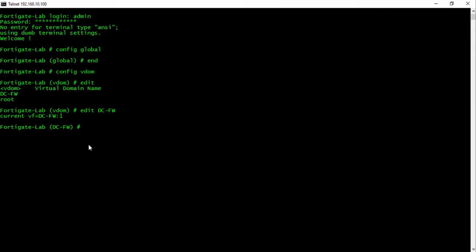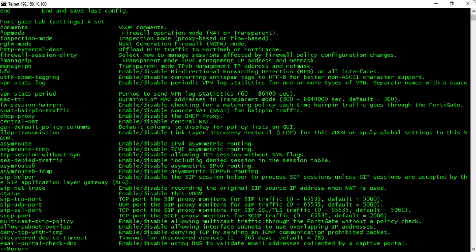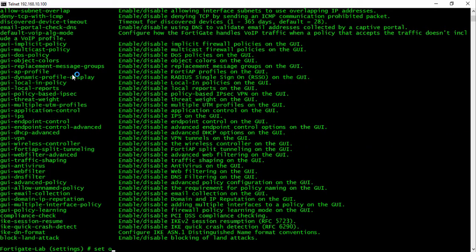It is very easy. First we have to make configuration for the system. So config system settings. You can use tab, you can use question marks. I'm just showing it directly to save time. Then we have lots of options here: set, unset, select, unselect, and so on and so forth. But we want to set what? There are lots of options again. So here you can see op mode, firewall operation mode, NAT or transparent. So you want to set op mode